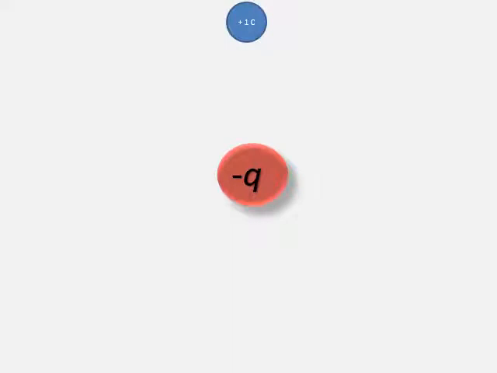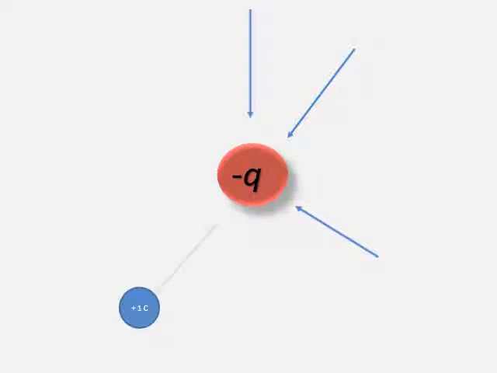What if we have negative charge q and plus 1 coulomb placed around it? We know that it will get attracted towards it, and that is true wherever we place our unit positive charge around this minus q coulomb charge. Hence we can say that for positive charge, the plus 1 coulomb charge tries to go away, whereas for negative charge it tries to move towards it, and hence negative charge can be represented by arrows going inside, or inward arrows.